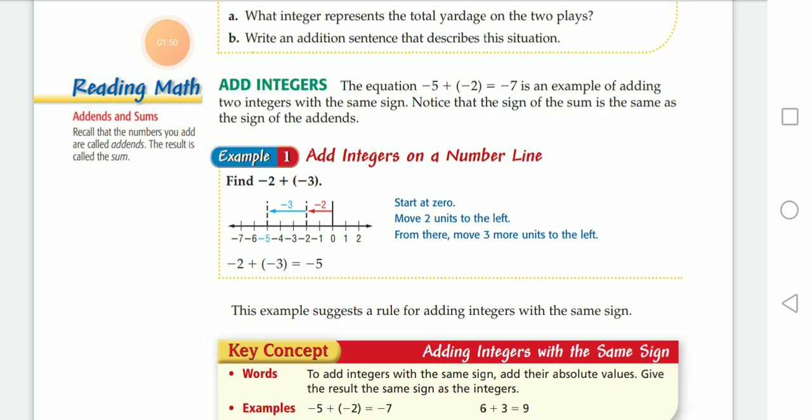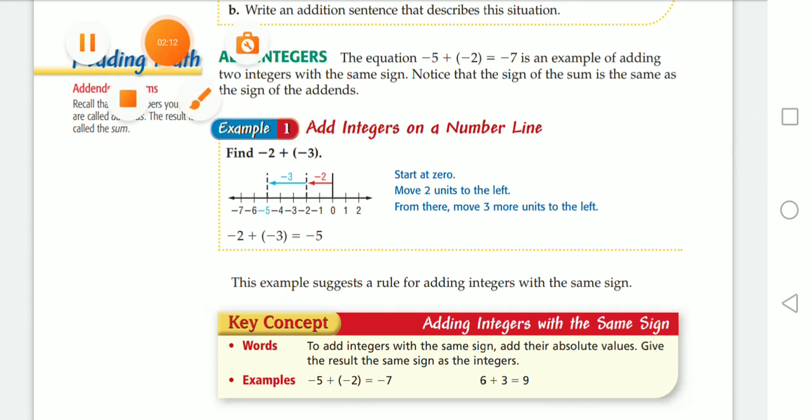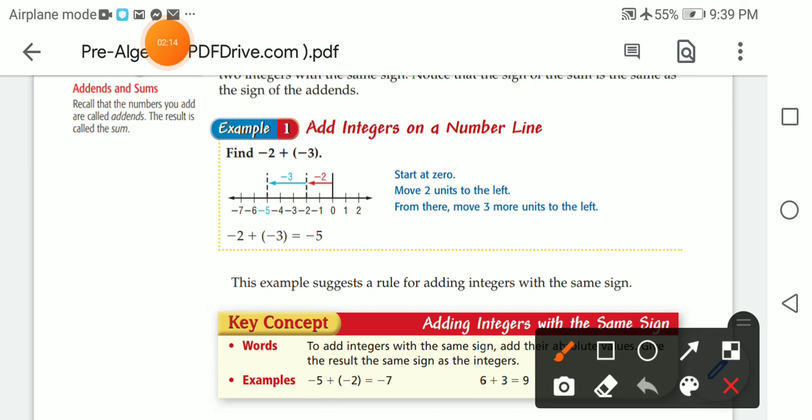I have two negatives, so I'm going to add 3 and 2, which gives me 5, and the sign will be negative, right? And here on a number line, move 2 units from 0 to the left, okay? And then from there, move 3 units to the left. So I want to mark this to let you see. I'm here at 0. I'm going to move 2 units to the left, and then after I reach it,